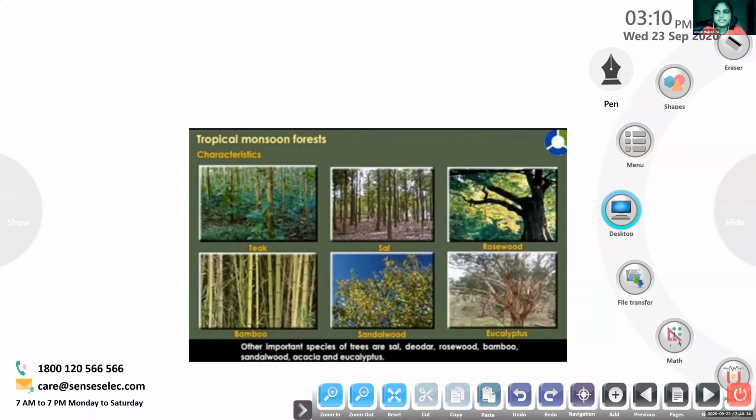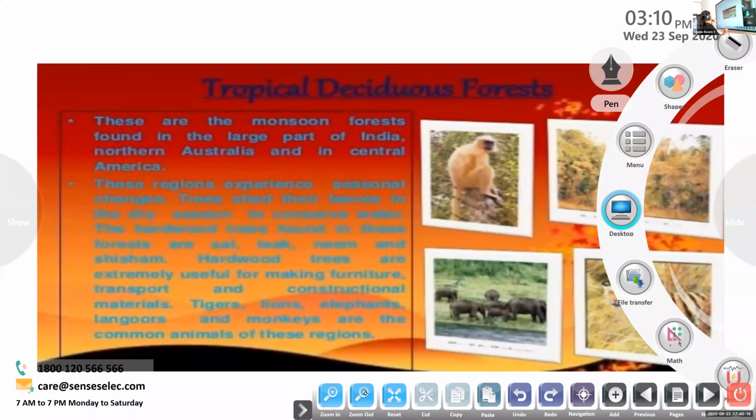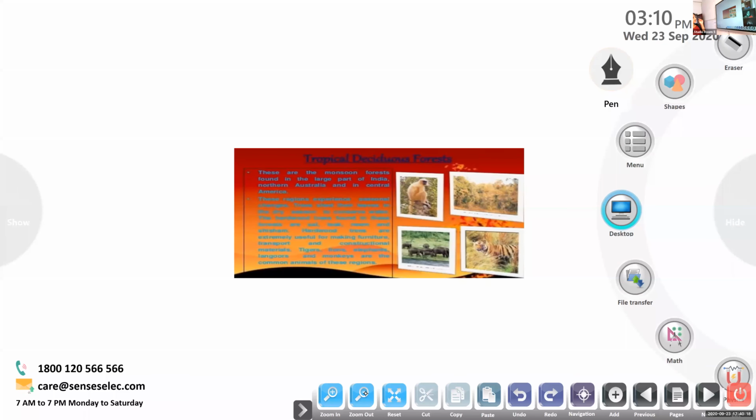See, children, the tropical deciduous forest is also known as monsoon forest.